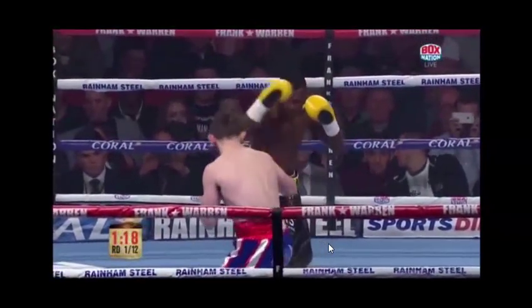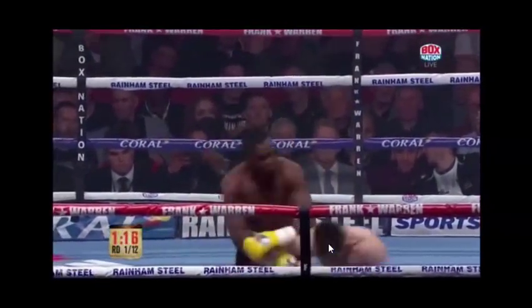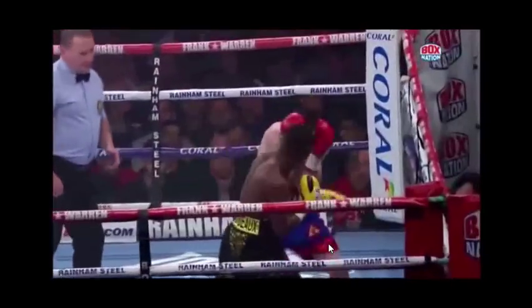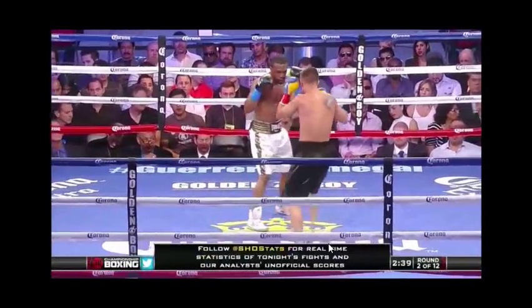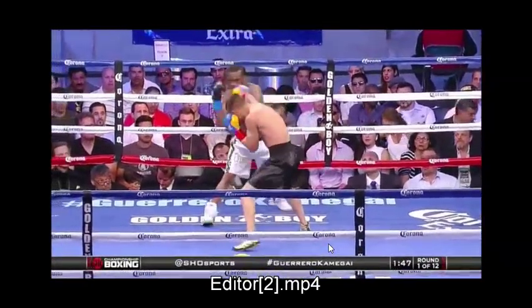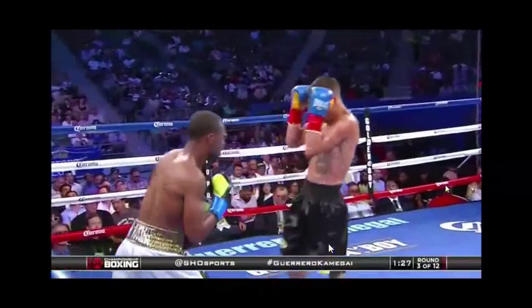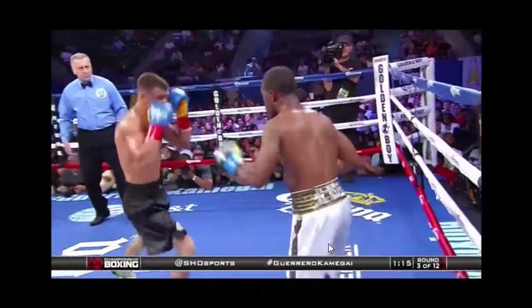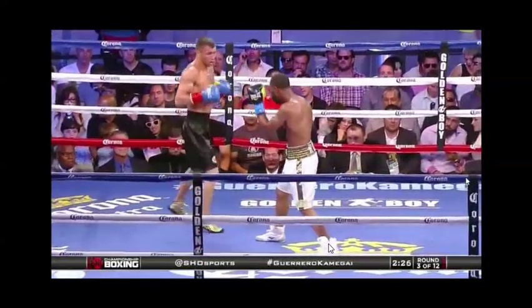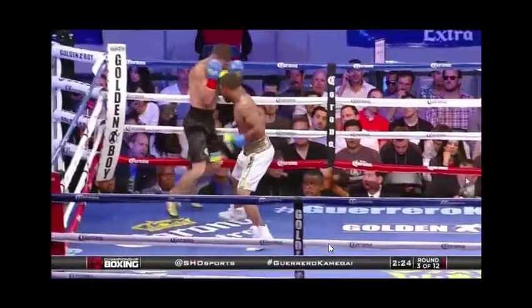You know, whereas when fighters have control of the fight, it often gives the illusion that they're dominating the other person because they're able to shut the other person's offense off, right? And that's exactly what I think Rigondeaux needs to do, is control that space. And if he's able to do that, he might be able to make Vasyl Lomachenko look quite ordinary in a lot of spots. You know, very similar to, like,